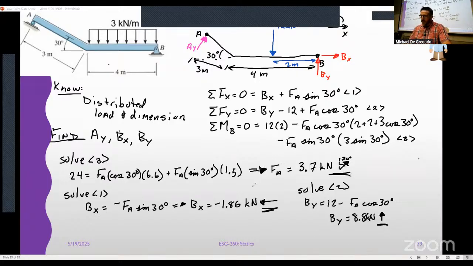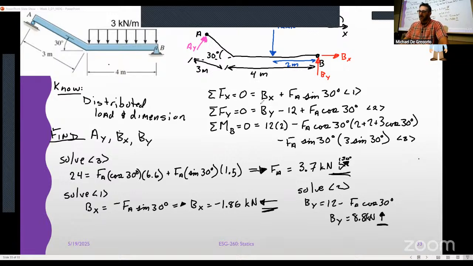Okay. This one's a little bit more complicated for a couple reasons, right? One, you've got a weird geometry. It's not impossible, just have to think of it a little bit, right? Figure out what you need to know. Again, that's where pictures help, right? You have a distributed load, which is easy for us to figure out, right? And then we just have to make sure that we're following our trig, right?